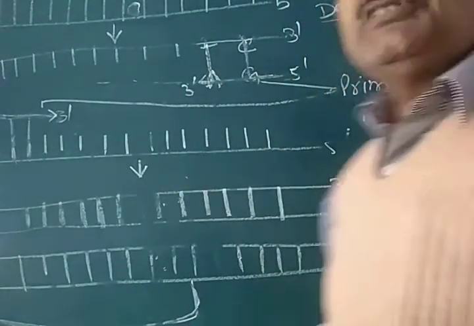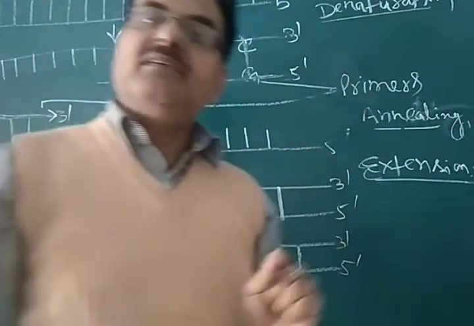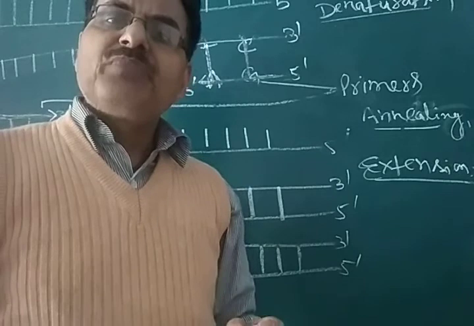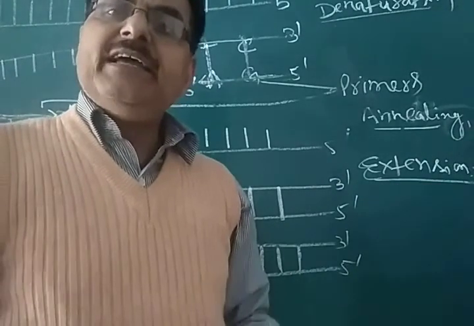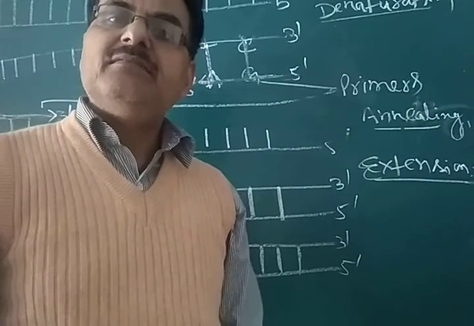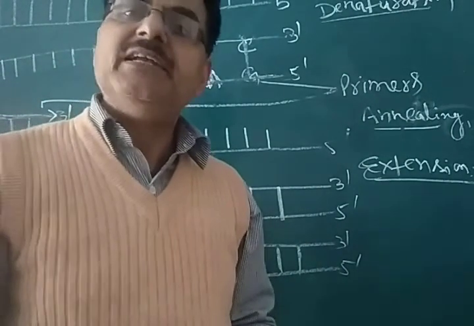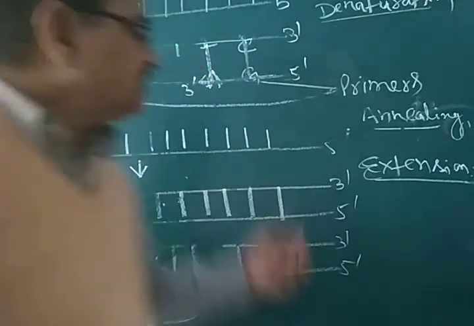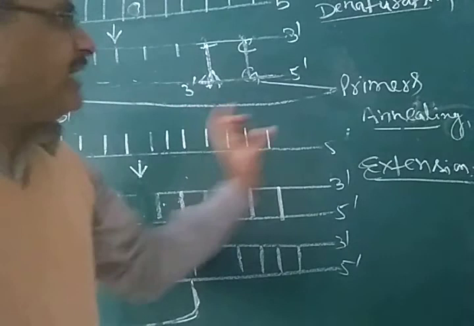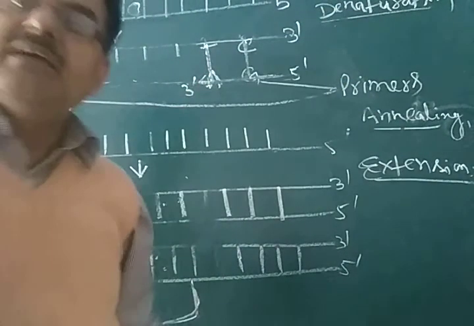So the PCR process is very useful. Suppose we suspect an AIDS virus or coronavirus infection. We take the DNA and amplify that piece of DNA, and after amplification we can test for positive or negative. In this way, the PCR process is very useful in biotechnology, and it occurs in three steps: denaturation, annealing and extension.